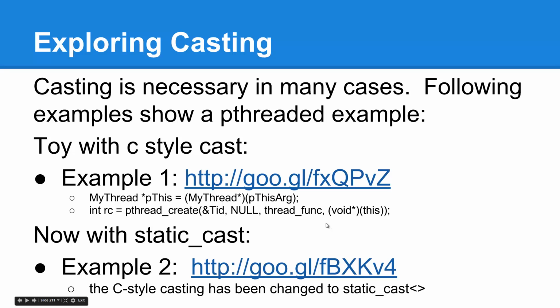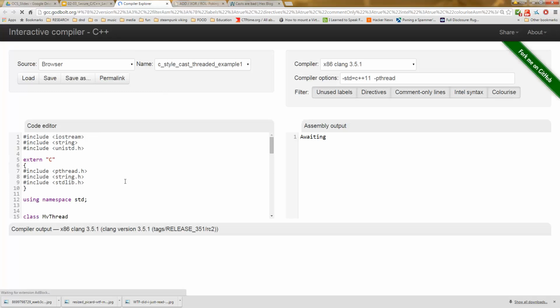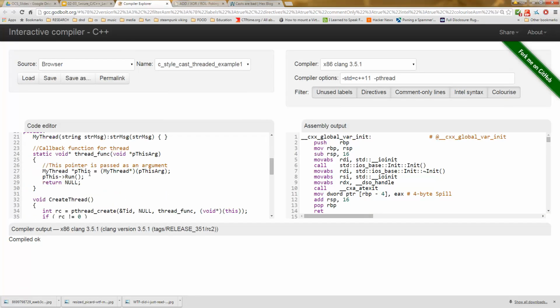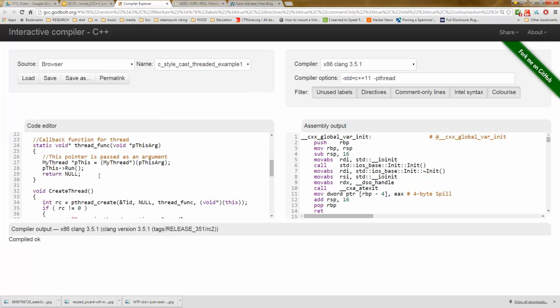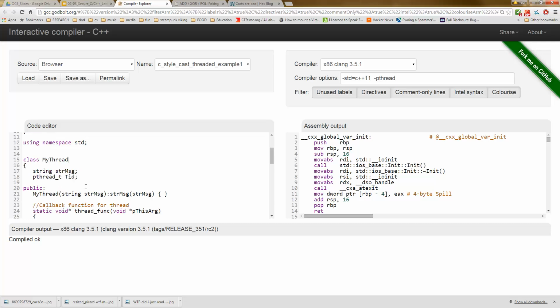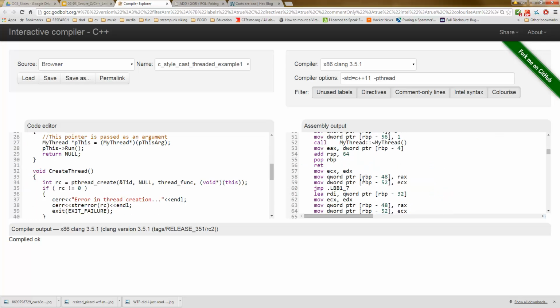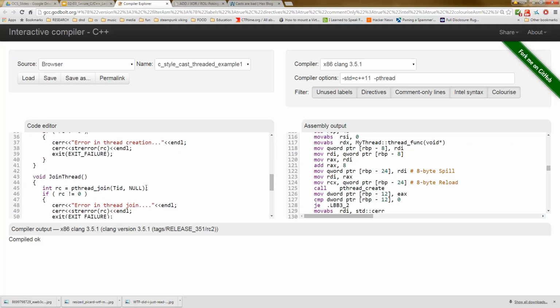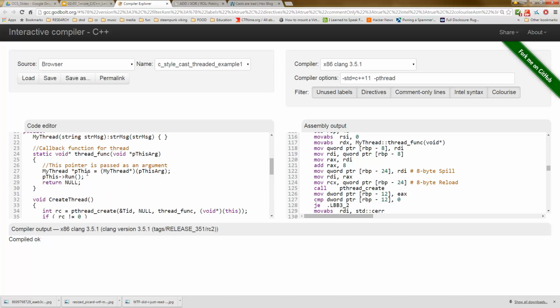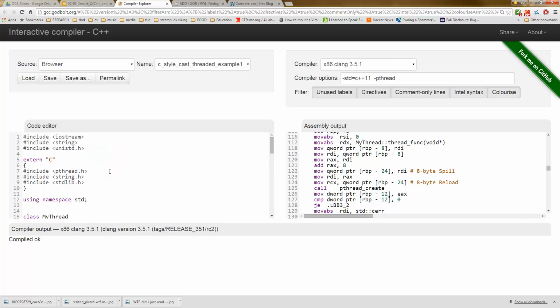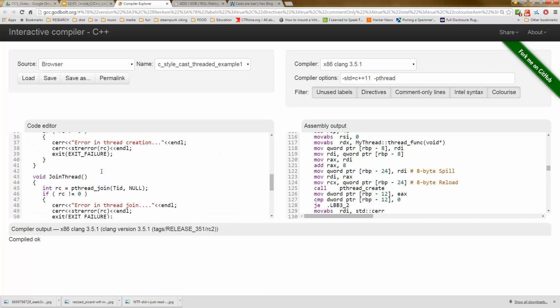Here are some code samples that I highly suggest you access and pull up in gcc.godbolt and go through this code. It's really useful to go through these examples and figure out exactly how these are translating in assembly. The aspect we're looking at here is this is a multi-threaded producer-consumer